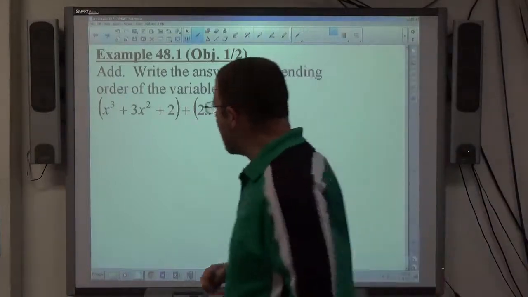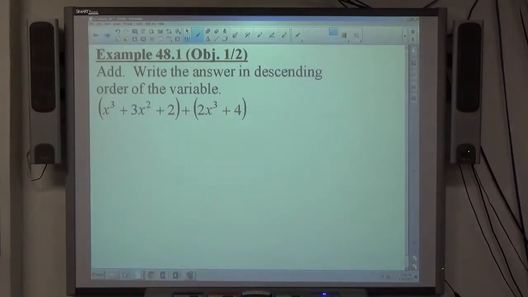Example 1, we're supposed to add the two polynomials, write the answer in descending order of the variable. And let me just say this, whether it says plus or minus, they're going to say add every time in this book. Algebraic addition: add if the signs are the same, subtract if the signs are different. So that's what that's about. So every time you're going to see add, even if it says minus,